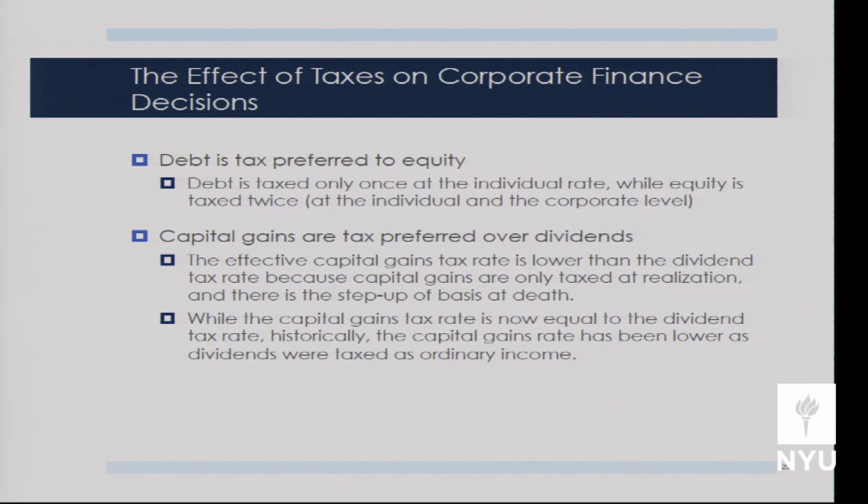The effective rate on capital gains is lower for one reason. When do you pay capital gains taxes? When those gains happen or when you sell? When you sell. And you could sell much later than when those gains happen. Suppose my share went from $10 to $11 this year, but I don't sell for another 10 years. Is my tax burden going to be 15 cents, 15% of a dollar? It's going to be much less than that because I'm going to pay it way out in the future. So the PDV of the tax burden is lower simply because you get to delay paying that tax.